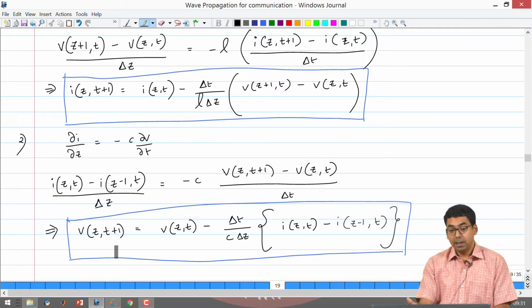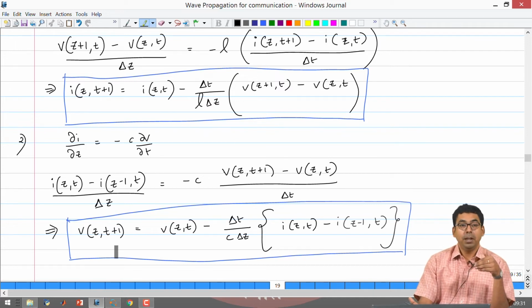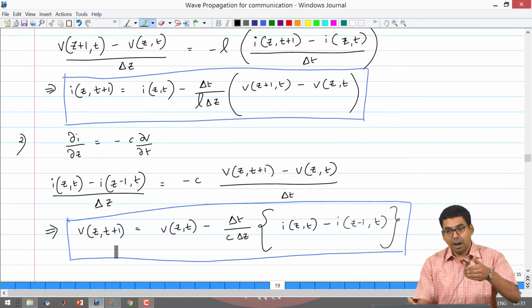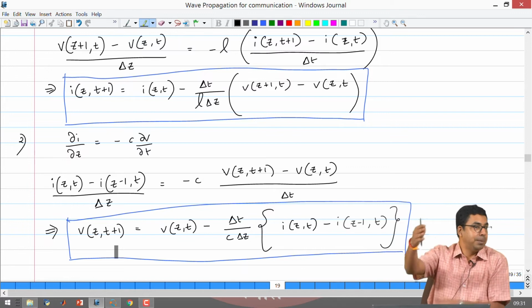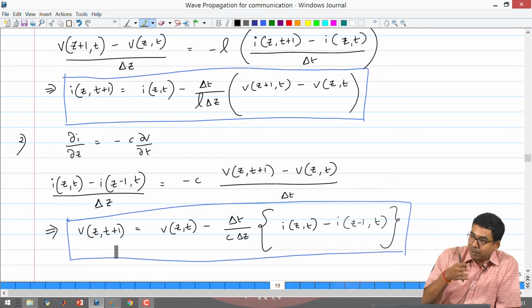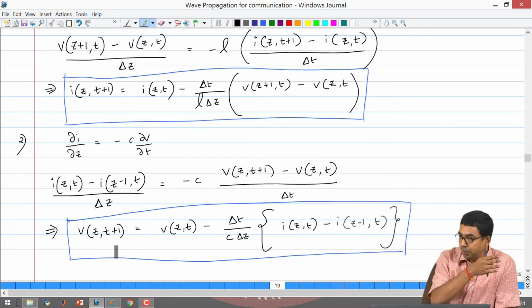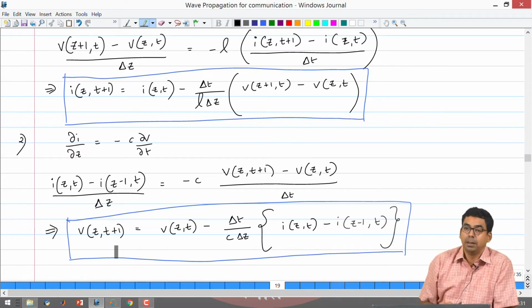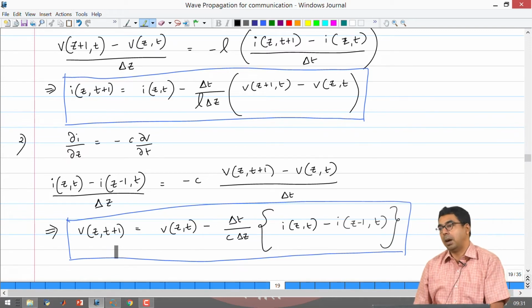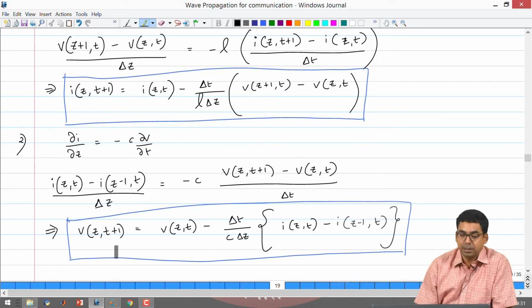What ends up happening is that you will keep calculating current at one instant of time, voltage at the next instant of time, current at the next instant of time, voltage, and it keeps going like that. You are going to be solving in a manner that was different from your Laplace equation or wave equation. You are solving two equations and they are coupled. That means you have to take the solution from one and plug it into the other. This takes some time to understand, but these are not independent equations.